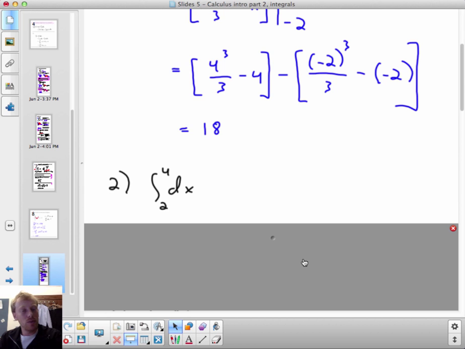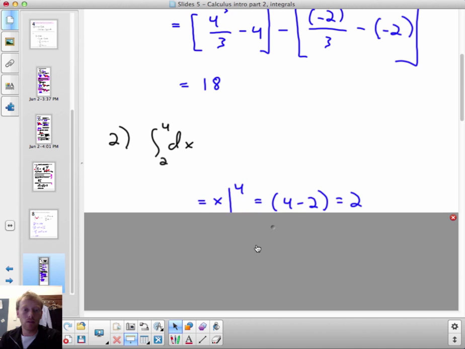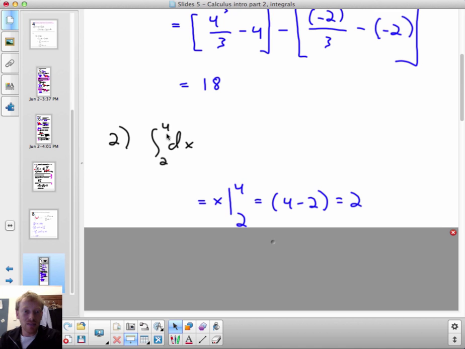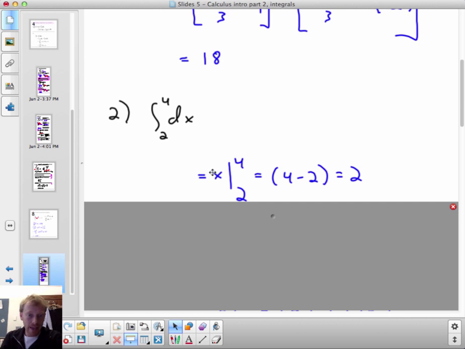All right, what's the integral of dx evaluated between 2 and 4? Well, really, this is the function 1 dx, and the antiderivative of 1 is the function x. So x evaluated between 2 and 4 is, let's see, what happens when I substitute 4 for x? 4. Minus what happens when I substitute 2 for x? 2. 4 minus 2